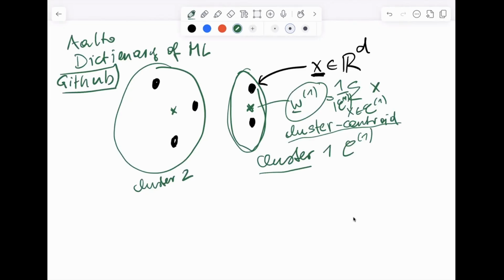And there you find, for example, what exactly I mean by cluster centroid, but now I have explained it here actually pretty precisely. So it's the average of all the feature vectors of the data points that belong to the same cluster. Okay, so one basic flavor of clustering, which is called hard clustering,